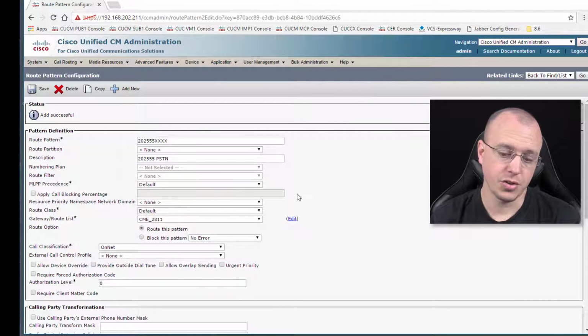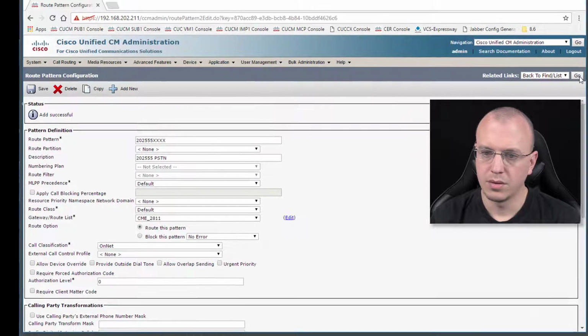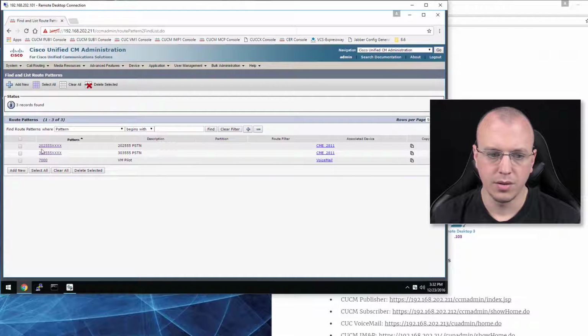Now we could have just created the 4-digit extension too. I'm just giving this as an example so we can do some digit manipulation. All right, so looks good here. We got our two prefixes set up to be sent to